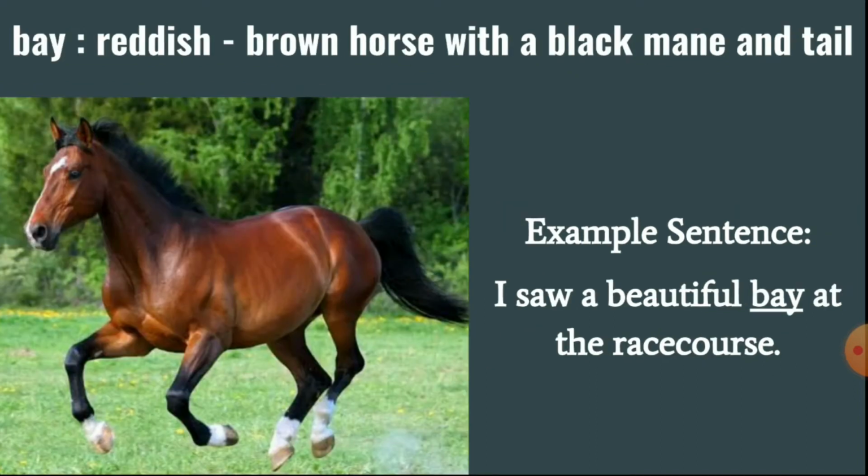Bay. Bay means reddish brown horse with a black mane and tail. As you can see in the picture, the mane, the hair on his neck and the tail is black, and the color of the little horse is reddish brown. So that is known as a bay. For example, if you want to use it in a sentence, then you can use it like, I saw a beautiful bay at the race course. Next